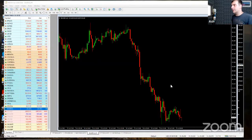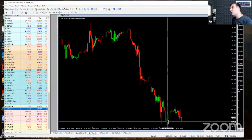Because I do think it's going to be tough to short these markets at this stage. I think we might just get caught in a tight range now. Silver looks pretty good for a long, but